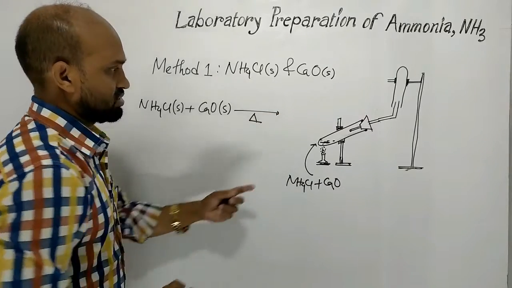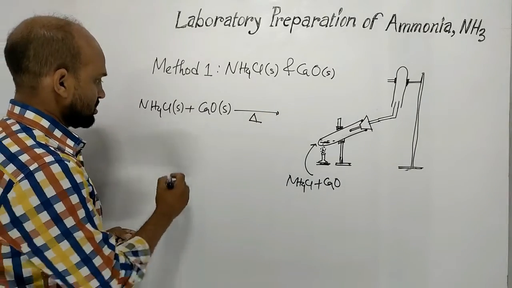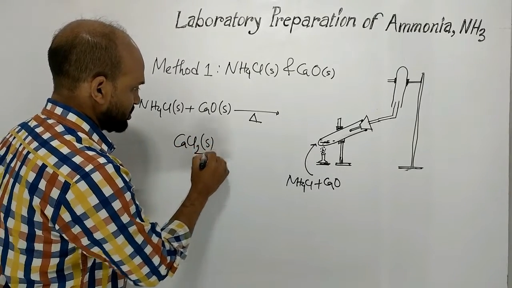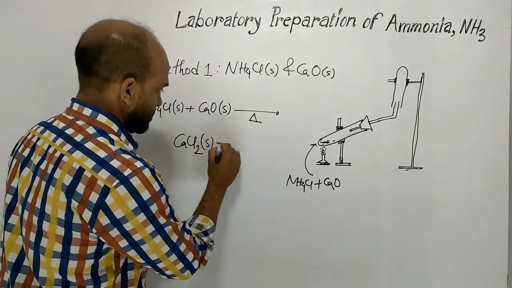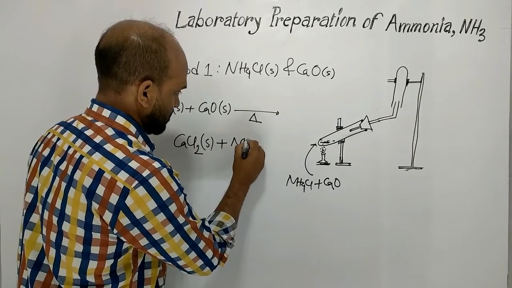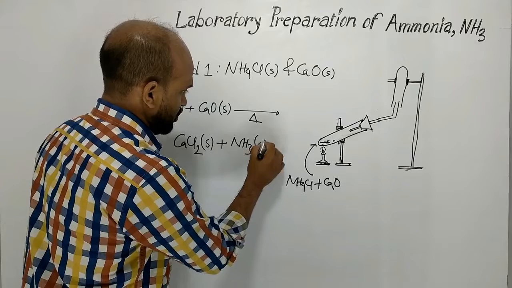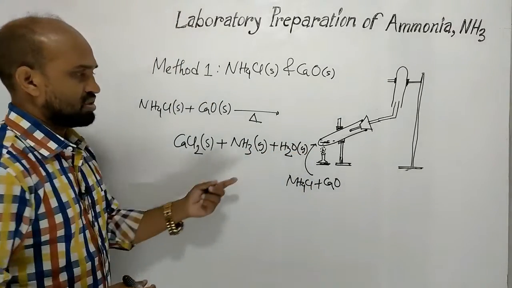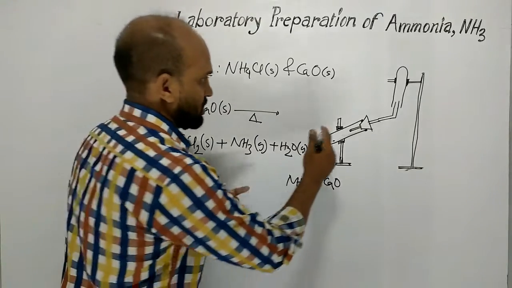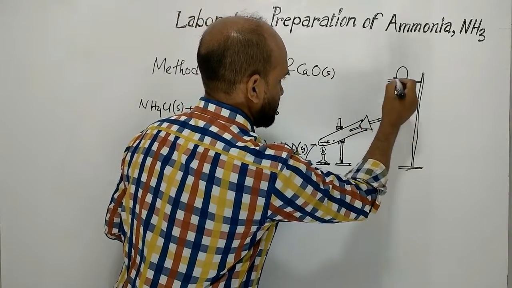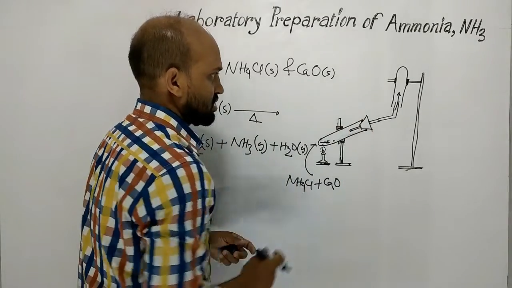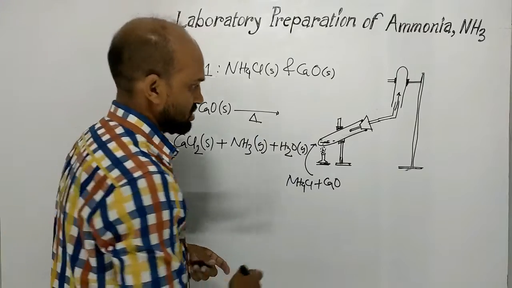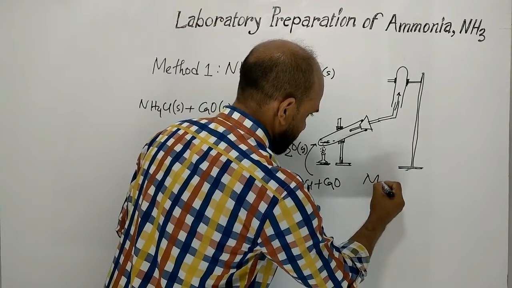When this mixture is heated here, then calcium chloride is formed, which is solid. At the same time, ammonia gas and water vapor are produced. That is collected in this test tube by downward displacement of air, because density of ammonia